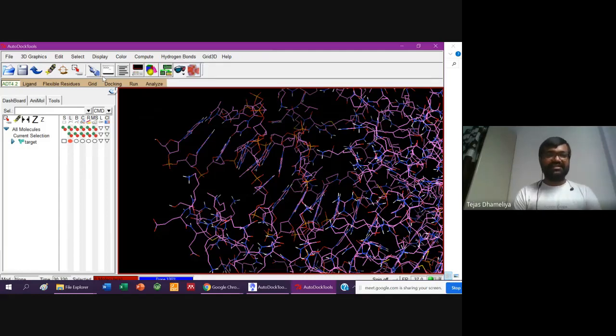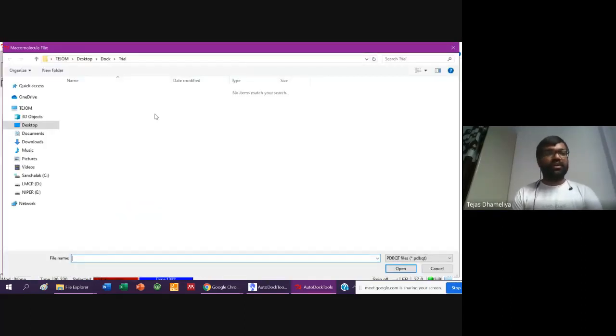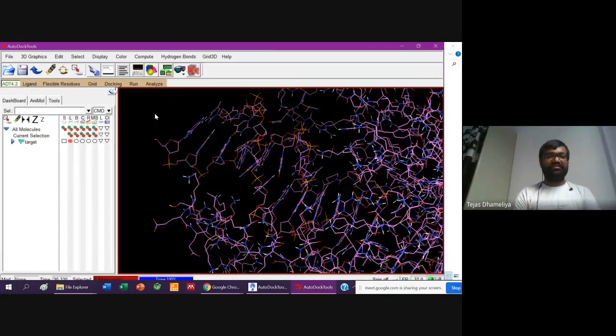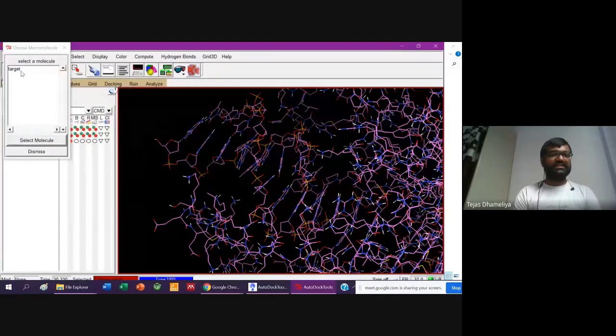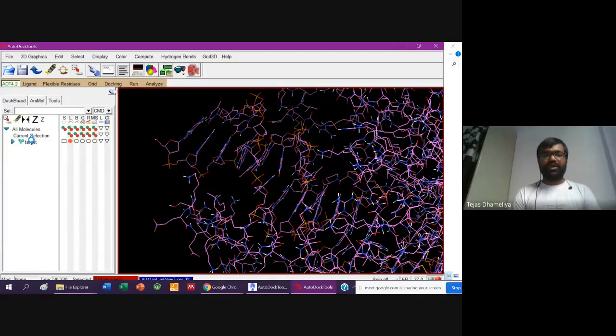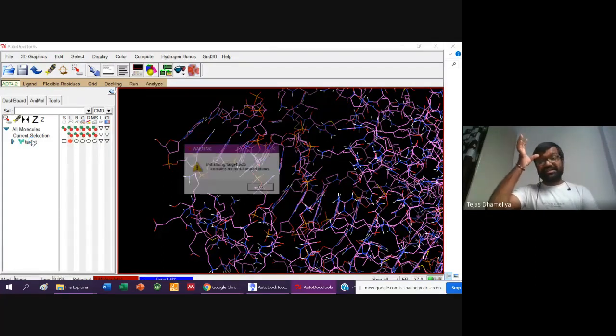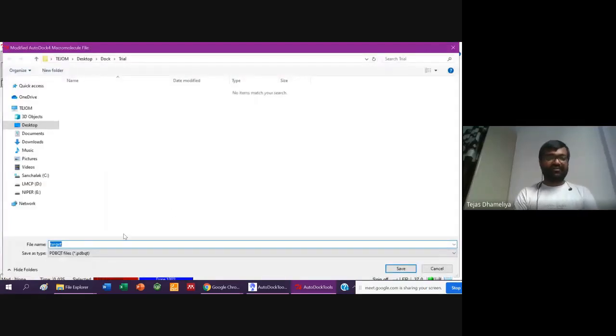Once we have added the charges, then we have to go to grid, macromolecule, and choose. So here a window opens which has select molecule. We will select the target. We will click on select molecule. Once we click on select molecule, it will show a warning like this. Click on OK. It will ask us to save the file in